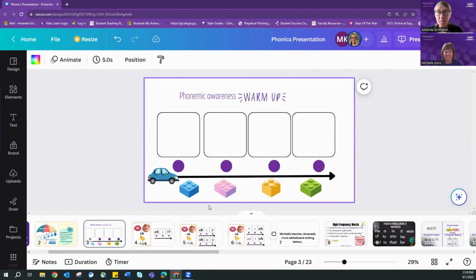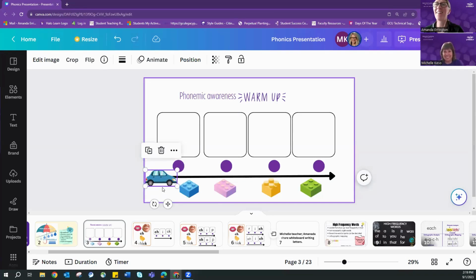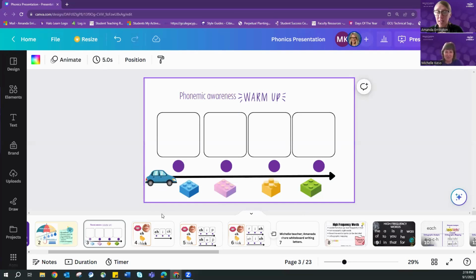All right, so the next part of our phonemic awareness warm-up is going to be blending phonemes. Michelle, we are going to model several multisensory techniques that you can integrate into your phonemic awareness warm-ups. Are you ready to be my student? I'm ready. All right, so the first example are going to be these encoding boxes, and the Legos are going to signify the sounds. And then your job is going to be to blend that word together. How's that sound? Sounds like fun. All right. Okay, our first word is